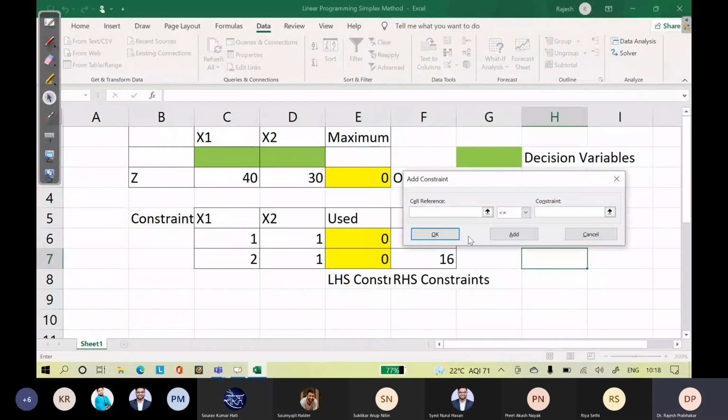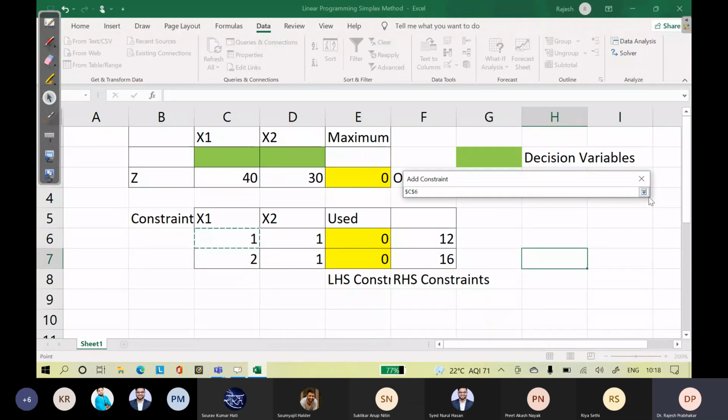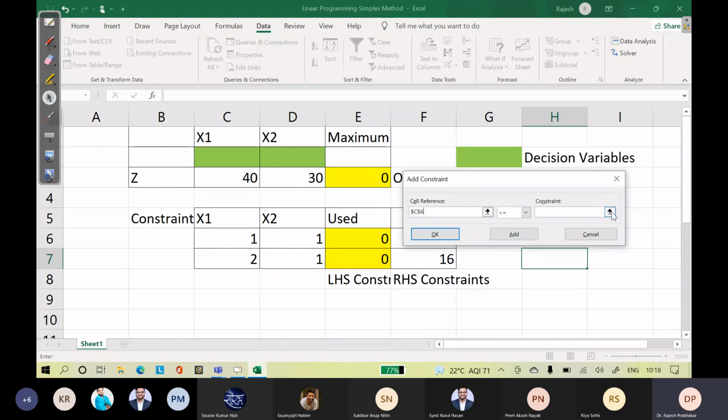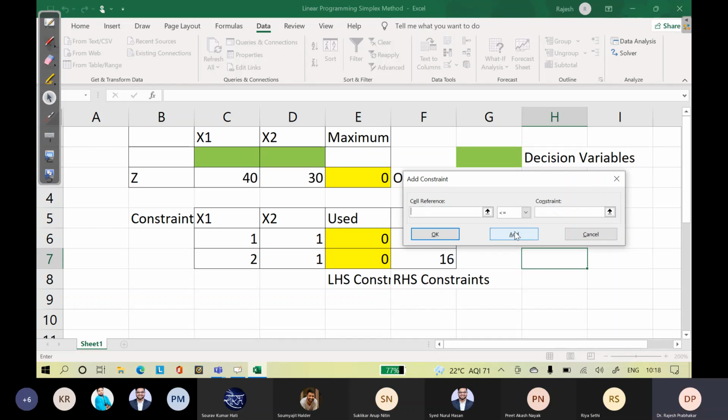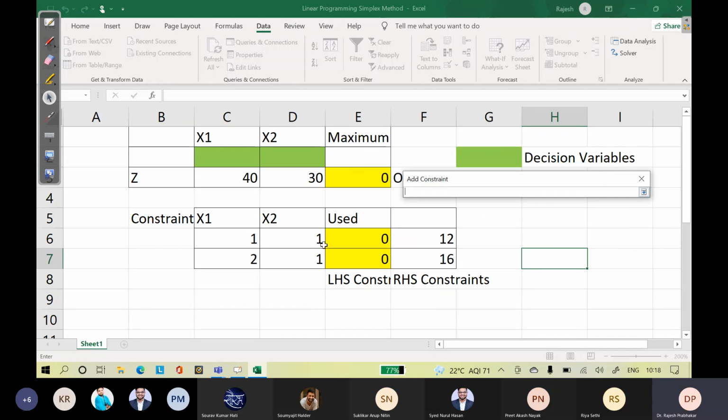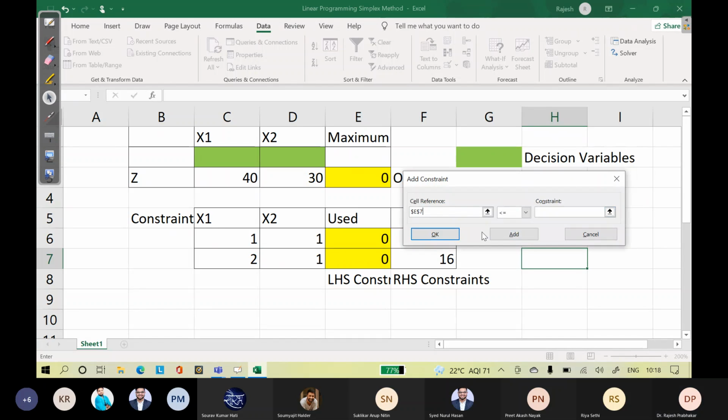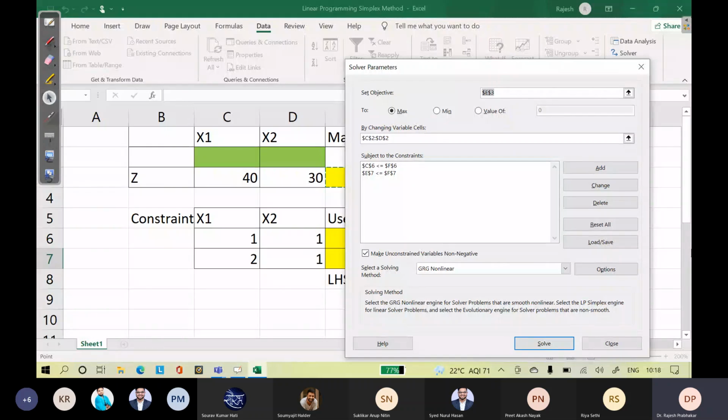Add constraint, cell reference C6 less than or equal to this. Add one more constraint, this less than or equal to this. Click OK. We have added the two constraints, and then we select simplex linear programming.